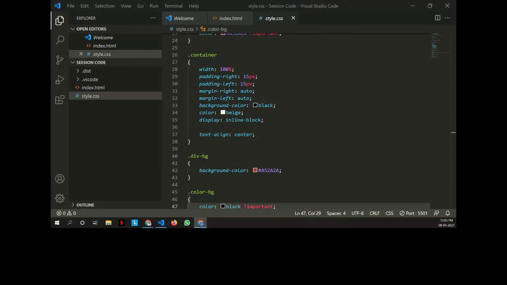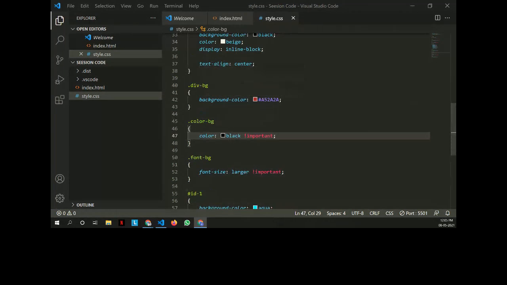We didn't add it and it's still overruling the ID one. I just explained that if an element has its own class or own CSS properties, then it will not inherit the properties of ID1. So that's how, yeah, okay, you got it.